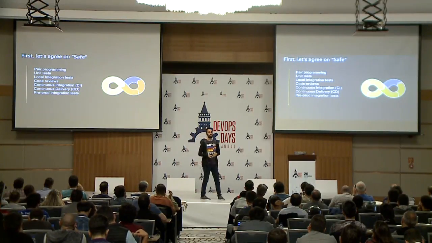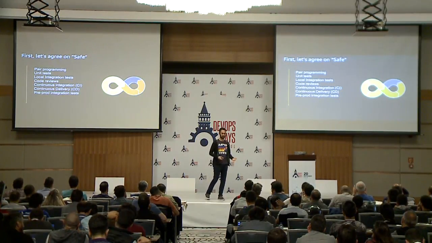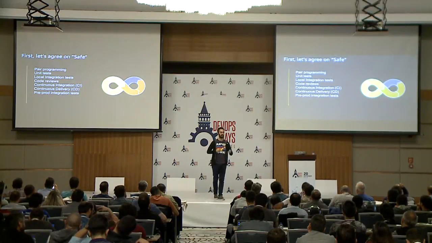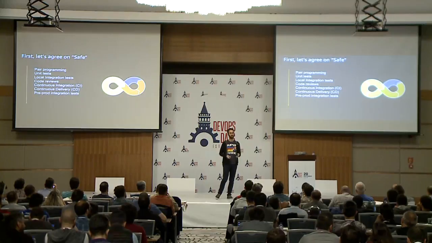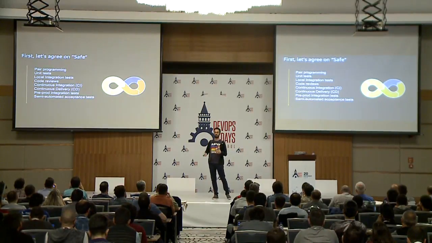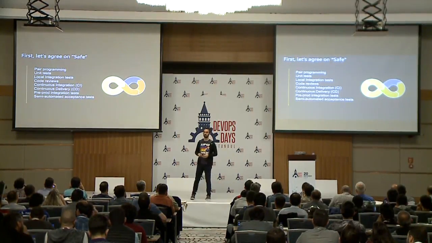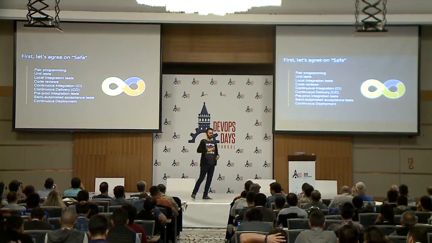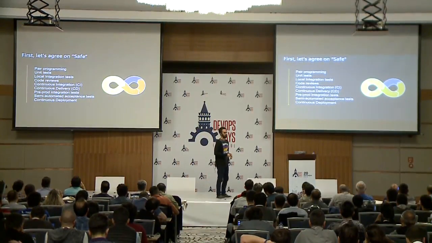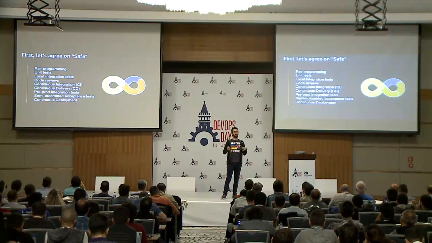Maybe you have some pre-production integration tests, so it actually uses the actual services and third-party integrations. You test everything end to end, and maybe you have some semi-automated tests run by humans, and maybe you even get to continuous deployment. So you get all this stuff into production at every single push. There's a lot of stuff to do,